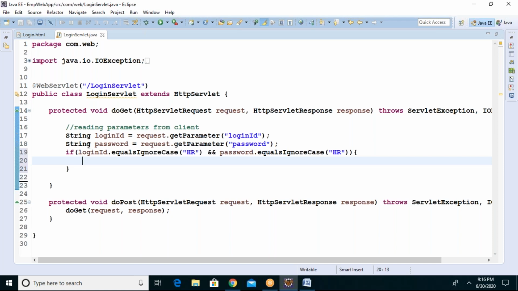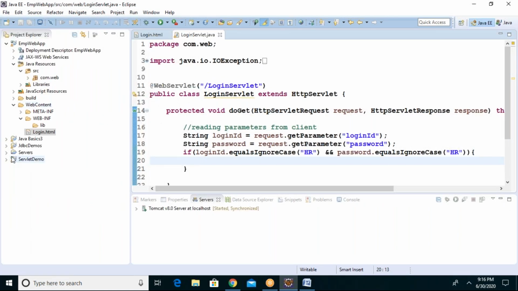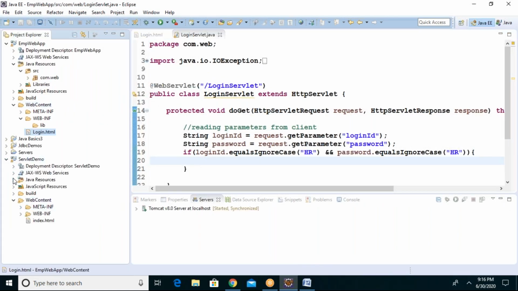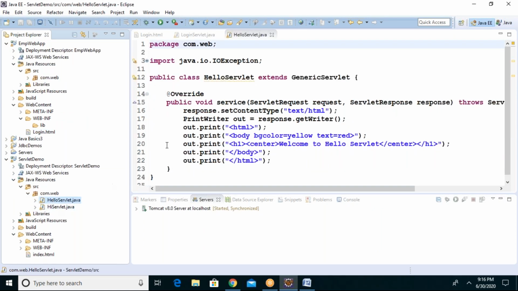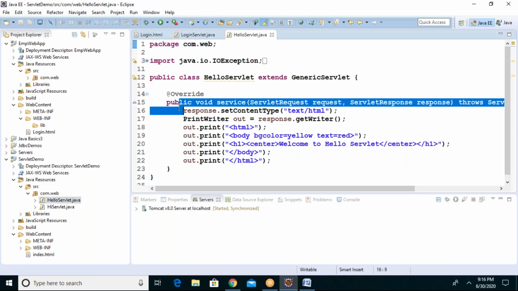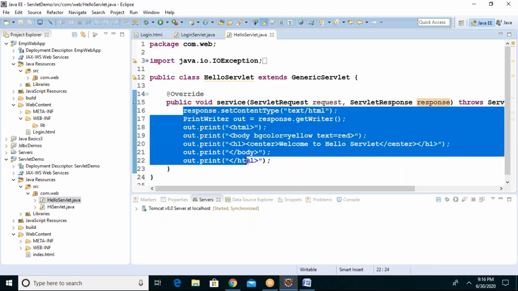So I want to print a message. How to print a message, guys? Again, we'll go back to the previous servlet. Rather than typing, I'll just take it from the previous servlet to avoid wasting time. So let me take this whole code, response and all, copy and paste it over there.